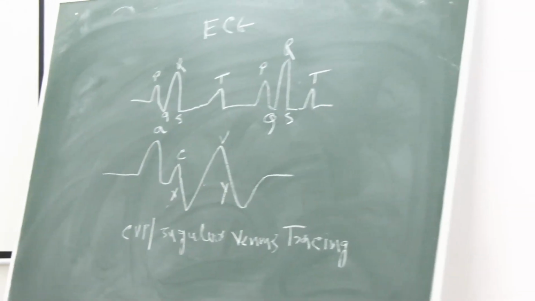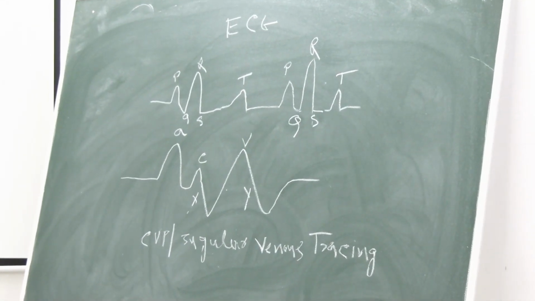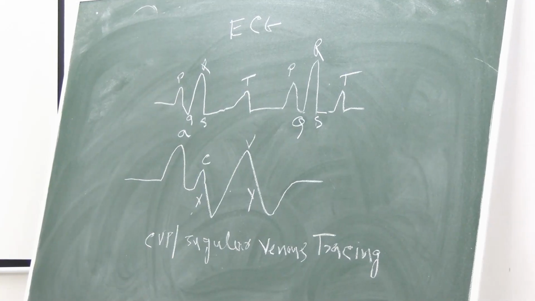আচ্ছা, তাহলে এটা এখানে কি আছে? নিচেরটা হচ্ছে জুগুলার ভেনাস ট্রেসিং, 3টে পজিটিভ হয়ে আছে, ঠিক আছে? একটা হচ্ছে এ ওয়েভ, একটা হচ্ছে সি, একটা হচ্ছে ভি, আর 2টো নেগেটিভ হয়ে আছে, এক্স আর ওয়াই। এক্স ডিসেন্ট, ওয়াই ডিসেন্ট। A is due to atrial contraction. অ্যাট্রিয়াল কন্ট্রাকশন মানে প্রেশার বাড়া।